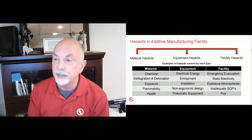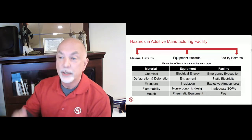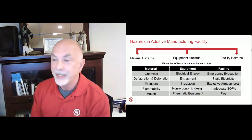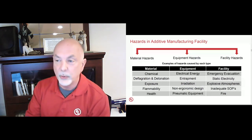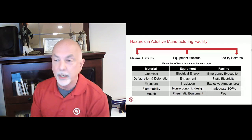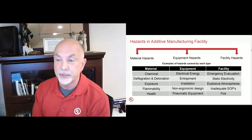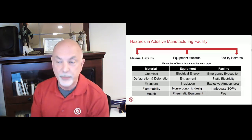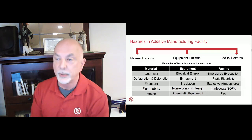And when it comes to the facility, one of the hazards is that your emergency evacuation plan doesn't include the additive manufacturing component within your business. It doesn't seem like a big deal, but there's a difference there. And how do you understand the evacuation, particularly say for a gas leak of inert gases? Static electricity is a big thing, certainly in the powdered technologies and certainly in powdered metals. How are you managing static electricity? Explosive atmospheres: under the right conditions, you can create an explosive atmosphere. That's a bad thing. You want to skip that if you can and avoid those kind of atmospheres, and there's